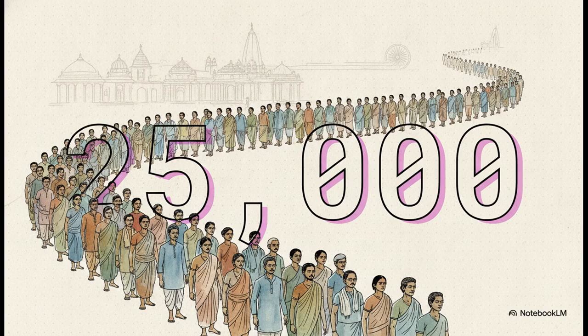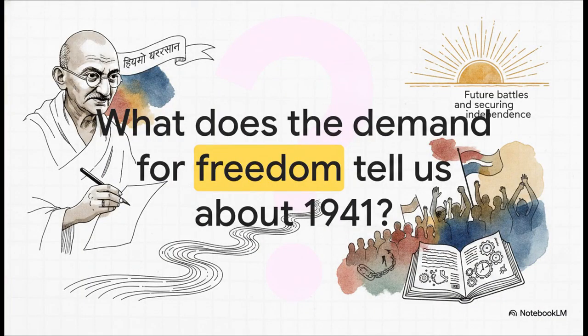And despite being an individual rather than a mass movement, the sheer scale of it was staggering, resulting in around 25,000 Indian arrests. Just put that into perspective. That is a breathtaking number of people methodically stepping forward, one by one, intentionally getting arrested just to make a unified point. So, I want to leave you with this final thought to ponder. The source notes state explicitly that the objective of this Satyagraha was not actually the demand for immediate independence, but rather for the freedom of expression.